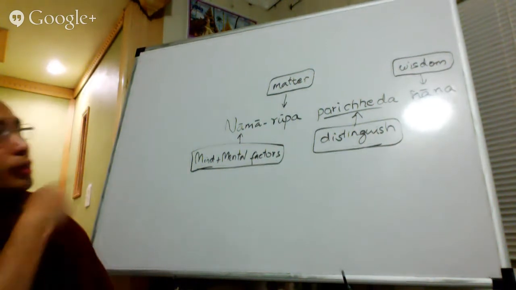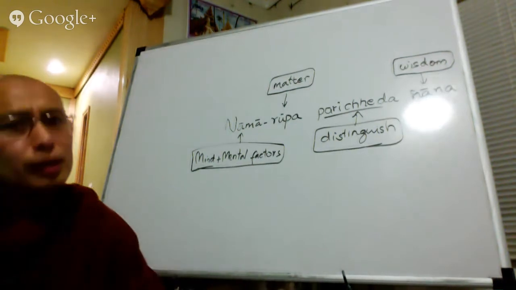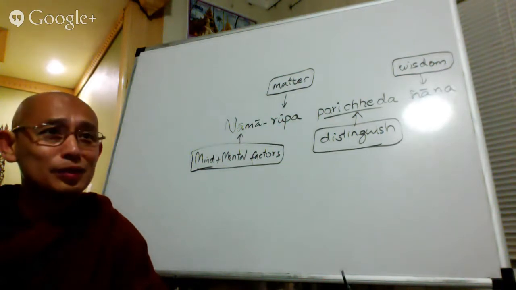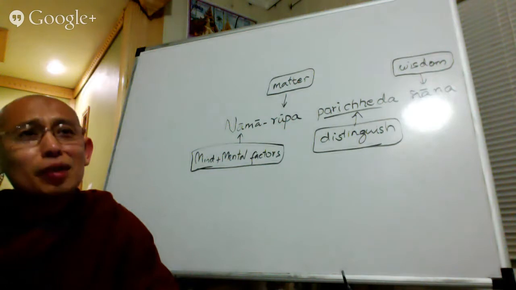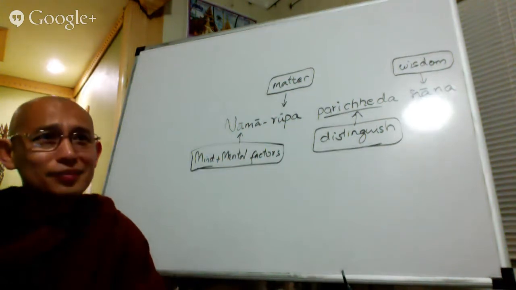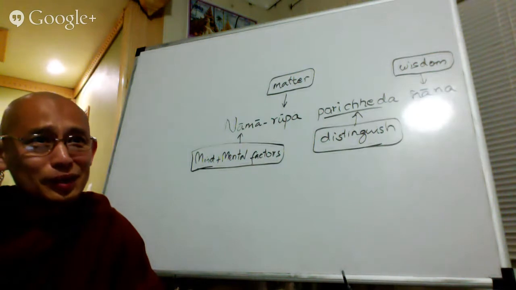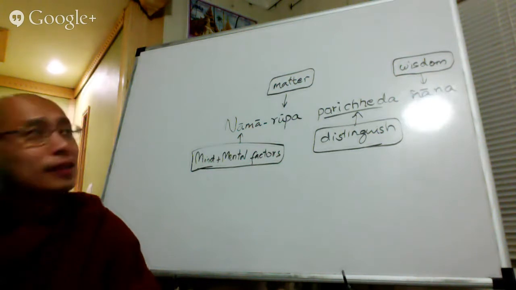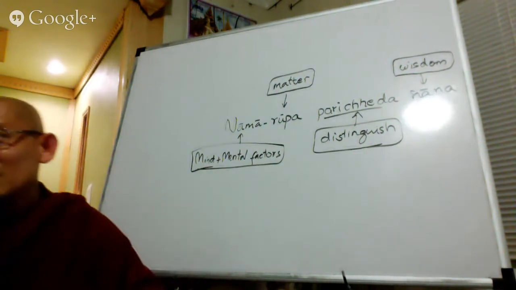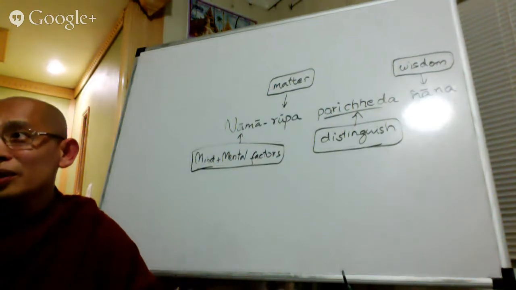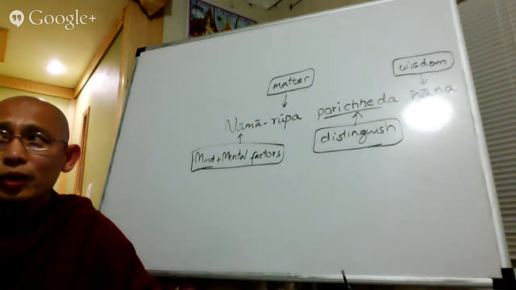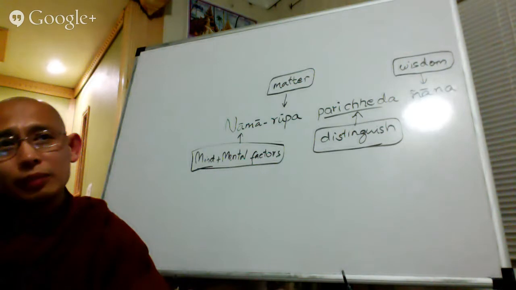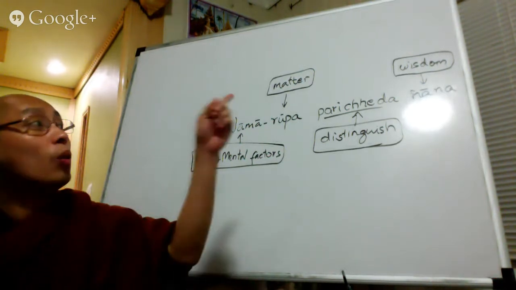So theory, we call it wisdom, is not just knowledge, but sometimes we translate it as knowledge, with knowledge, without knowledge. Actually, there is theoretical knowledge and experiential knowledge. Here, when we say with knowledge or without knowledge, we mean not theoretical knowledge but experiential knowledge. Within us, experiential knowledge, we call wisdom.